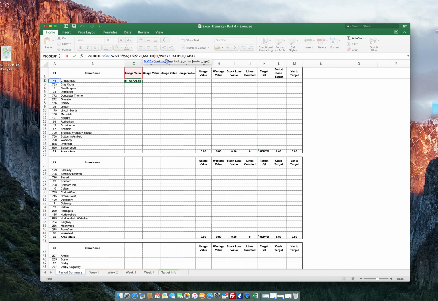In this case I just want to anchor the row, not the columns. As I move across I still want to refer to the right headings, so I'm going to anchor in row 1. Again, I just want to anchor the table array. So if I copy that now, that's obviously going to be 4 sets of week 1's data, which is not